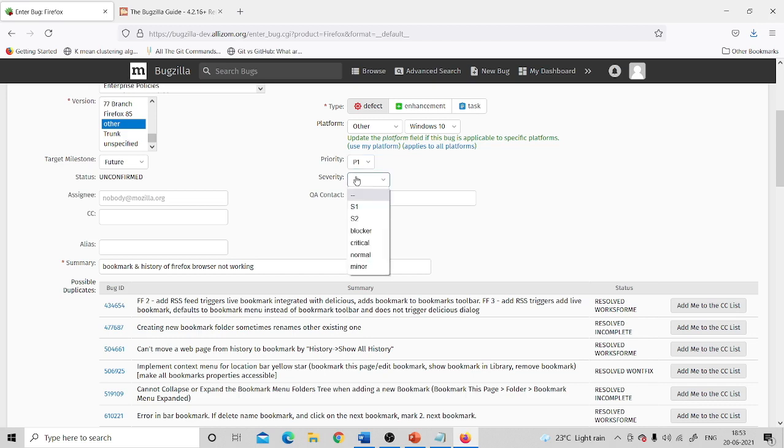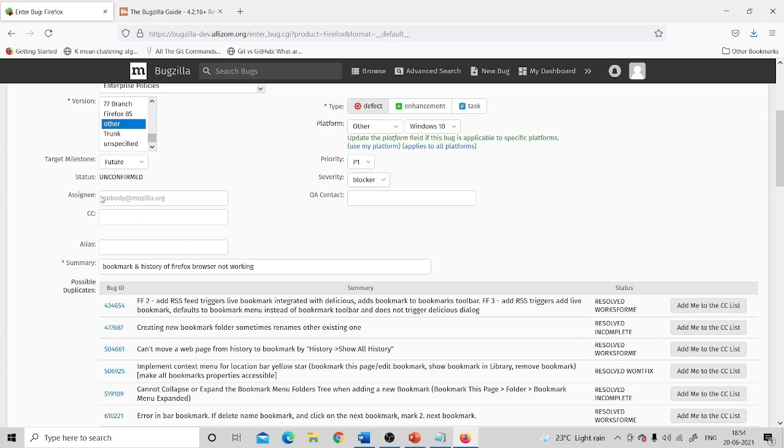Then severity means how severe or how critical your bug is. Suppose the severity is blocker. Blocker means without fixing this bug, you cannot move forward. It is blocking everything. For example, login page. Without doing login, you cannot move forward, so it is blocking everything else. So severity, you can keep it as a blocker in this case. If you are testing a login page, you can use the blocker over here. I'm just giving the example. We are not testing the login page.